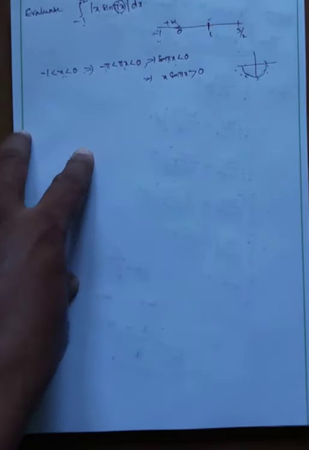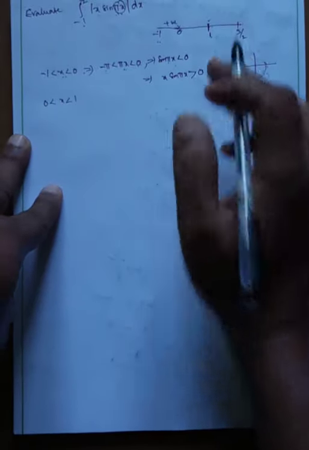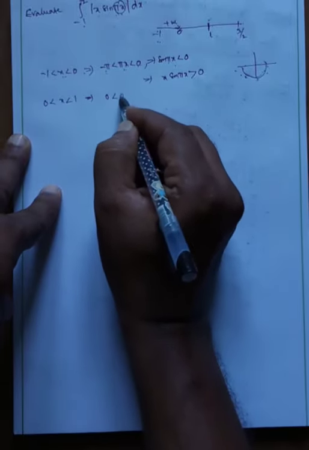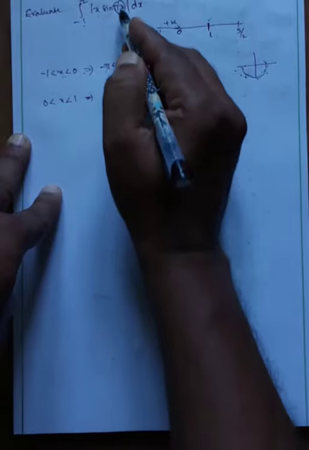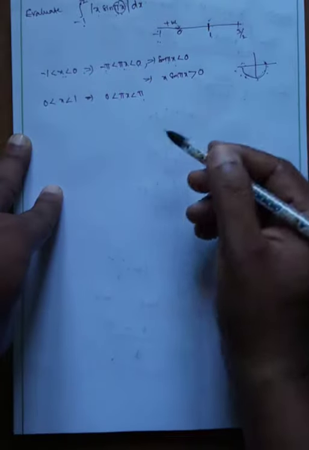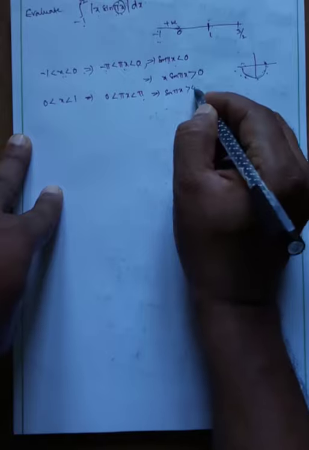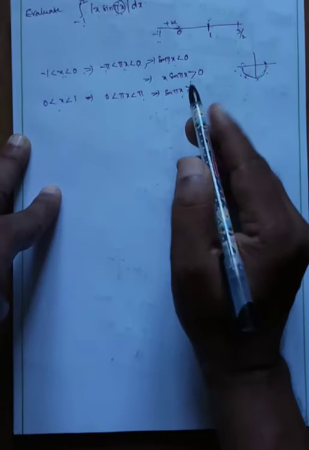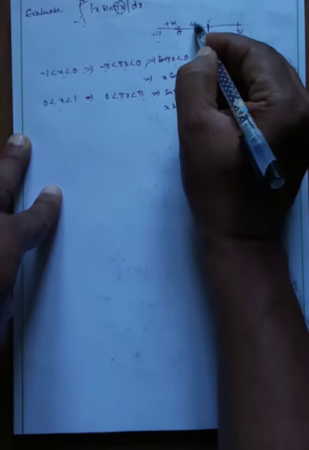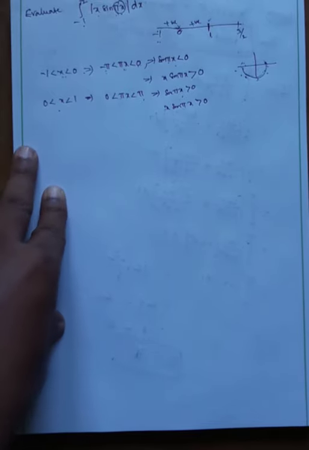Now observe 0 to 1, what happened? Now 0 less than x less than 1. Now multiplying with pi, 0 less than pi x less than pi. Here pi x lies between 0 to pi. 0 to pi means the first and second coordinate. In the first and second coordinate the sign must be positive, that is sin pi x positive. Here x positive, sin positive. Therefore x into sin pi x is 100% positive. This is also positive, and minus 1 to 1 it is positive.